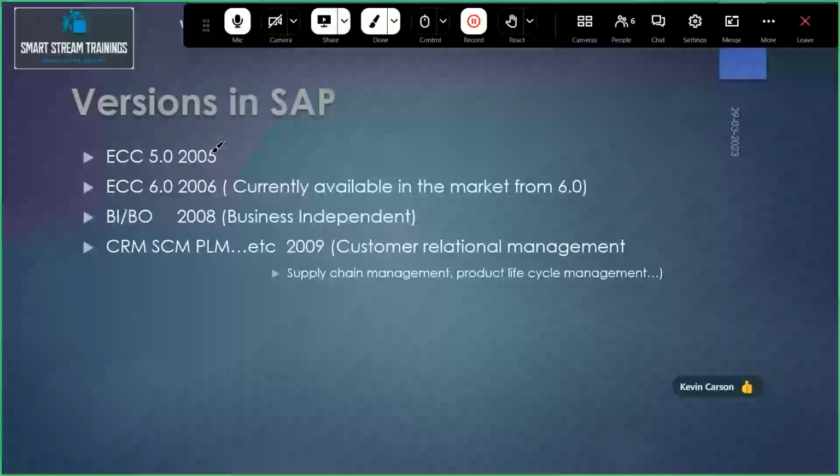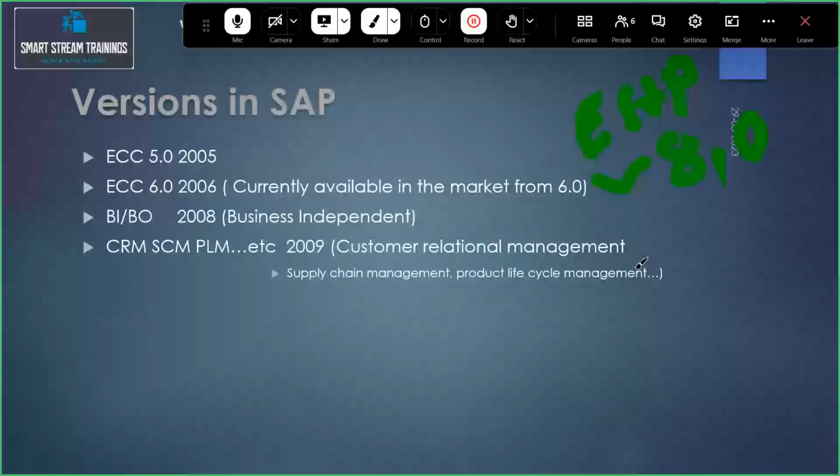Okay. So in this particular version, we have the EHP, enhancement package. This EHP package is 8.0.